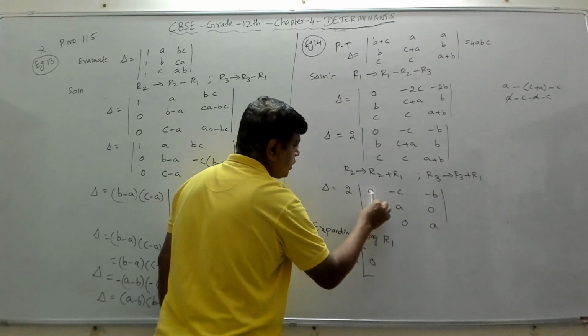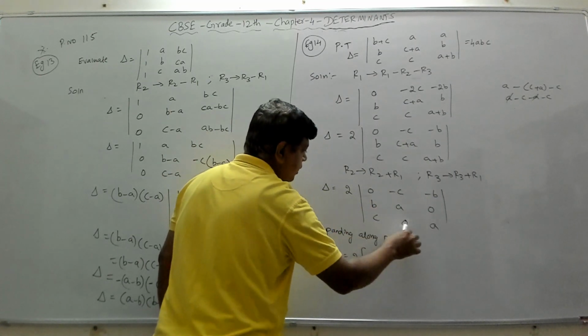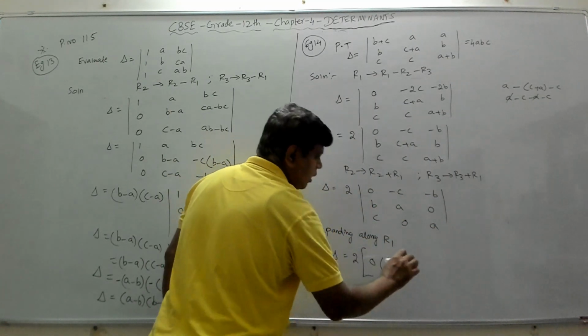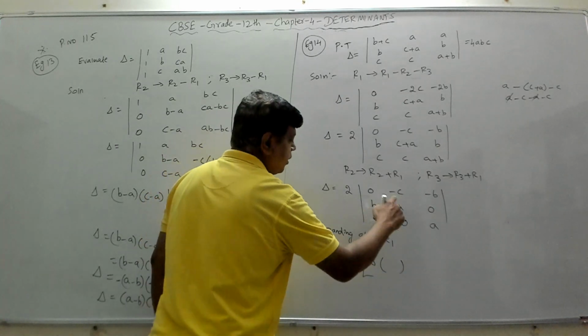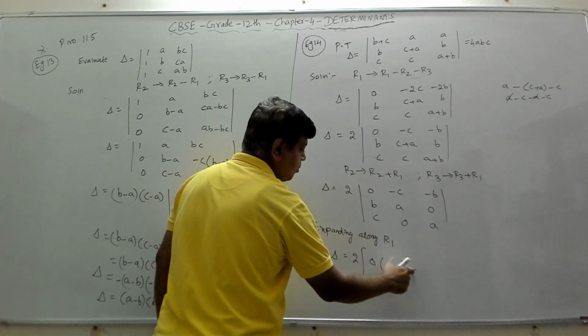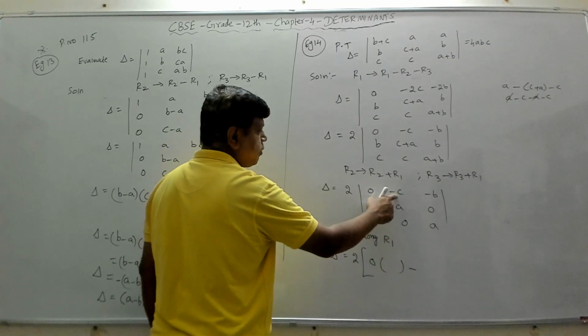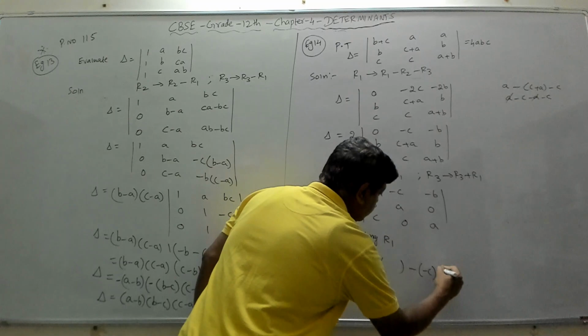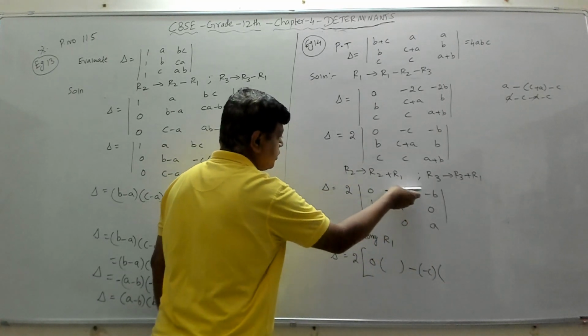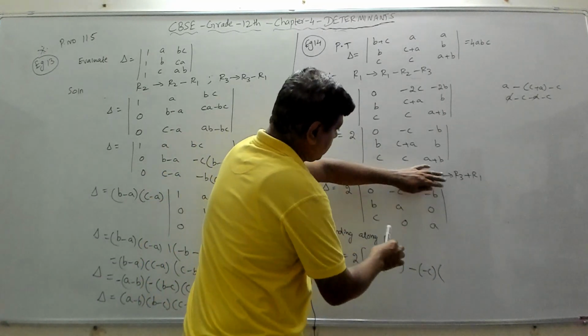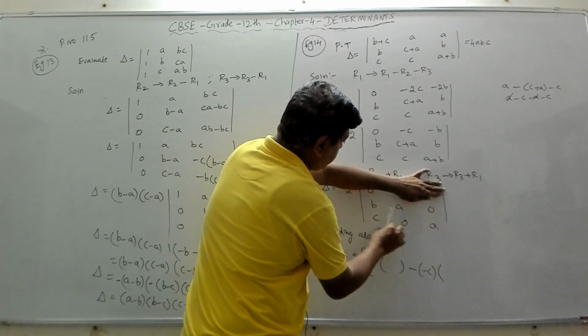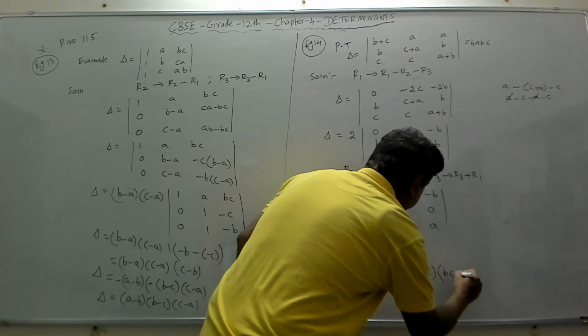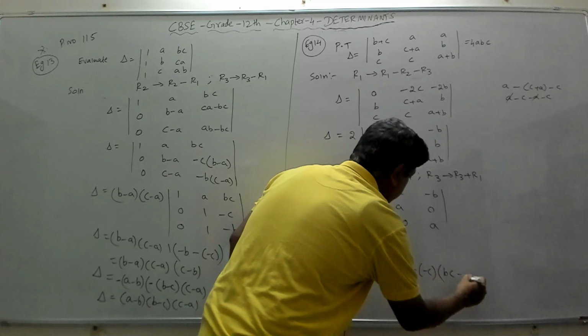I have to close this, I should change this into this, minus this into this. So anything that I do, I'll get 0 only, so I'm not writing that. Then minus, for this element, there is a minus that will come because the position is A12. Then there is a minus C. So minus C into, we'll close this particular row, this particular column. So B into A is BA, minus C into 0 is 0, right?